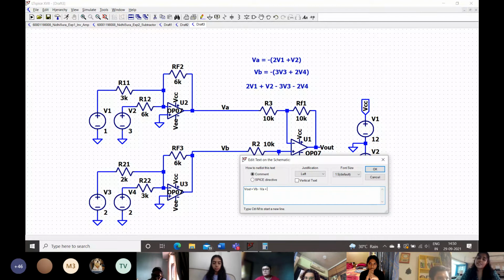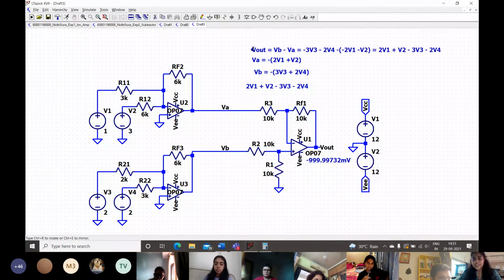So we're getting VB minus VA, which is equal to minus 3V3 minus 2V4 minus, with our minus signs cancelling out, 2V1 plus V2, which gives 2V1 plus V2 minus 3V3 minus 2V4. Does anyone have doubts with respect to this part?